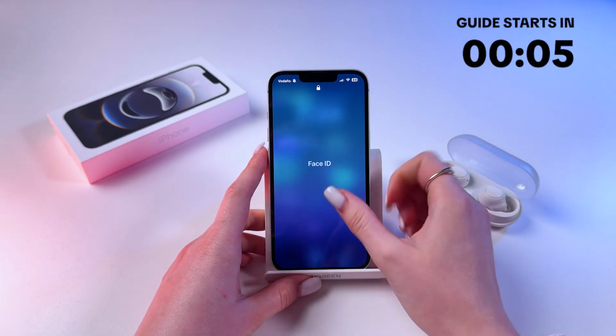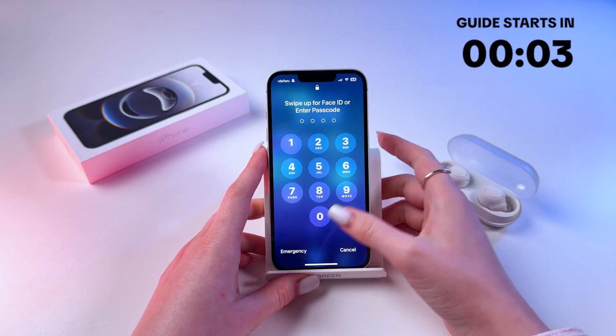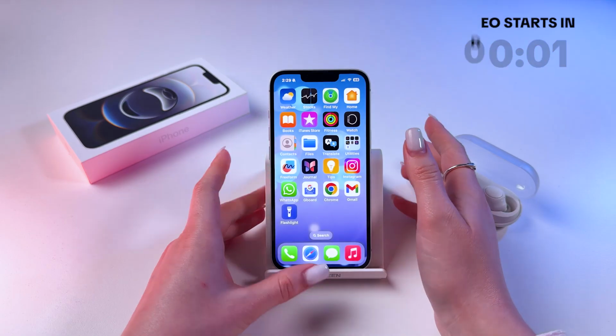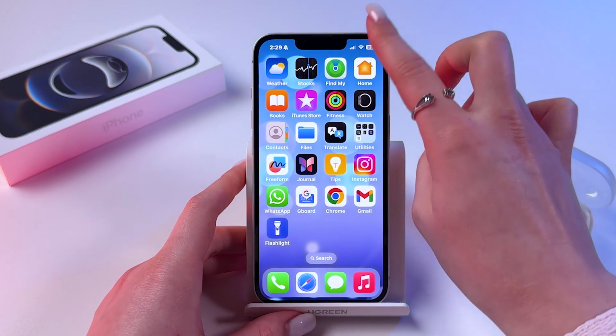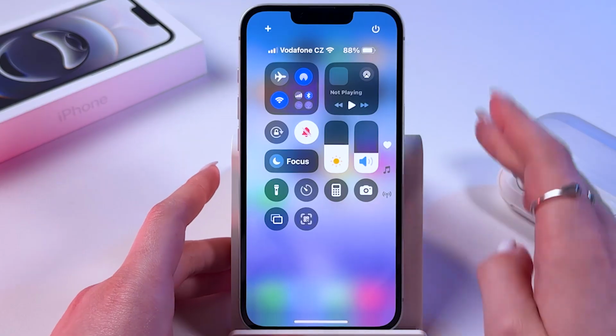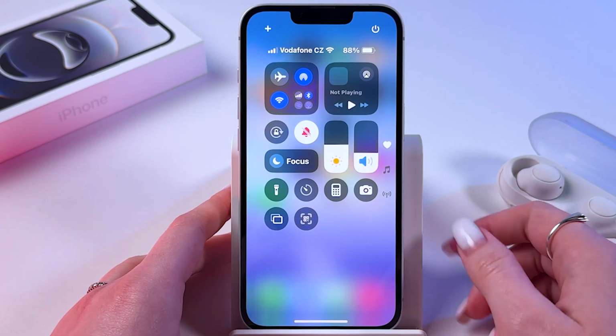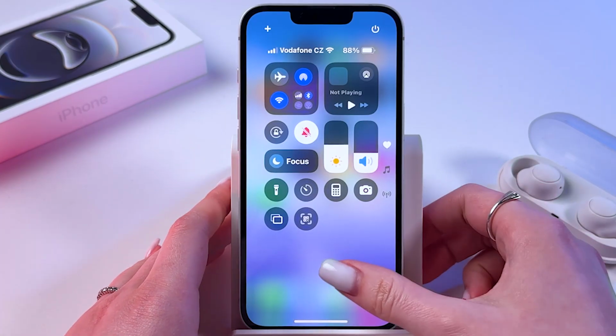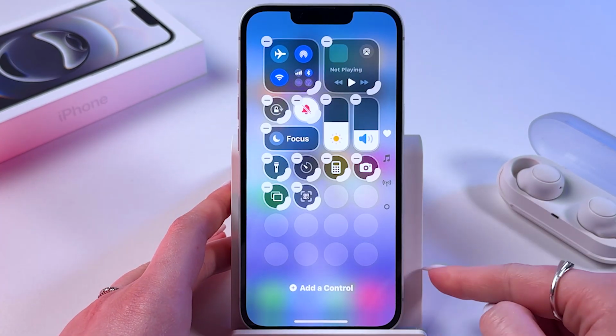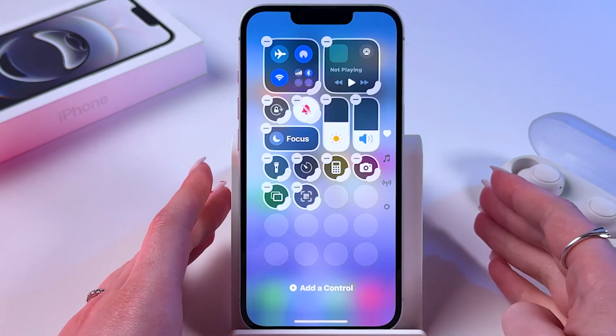Hi, to add and remove icons in Control Center on iPhone 16e. Firstly, swipe down from top right corner to trigger Control Center. Now to edit it, we need to press and hold any free space on the screen till we see it